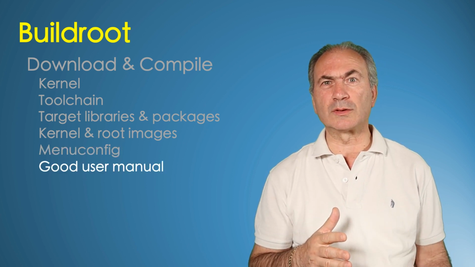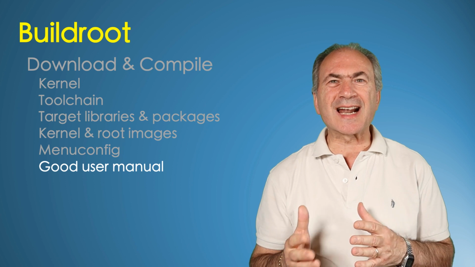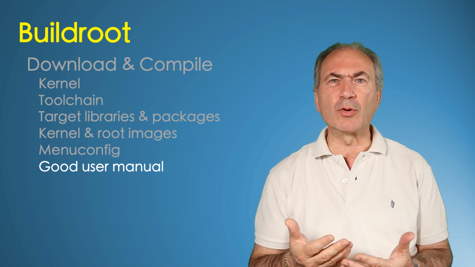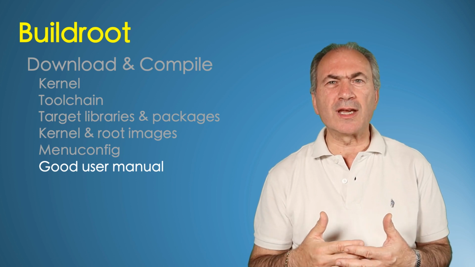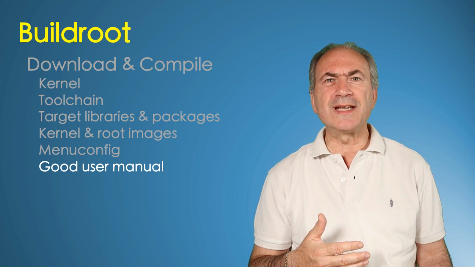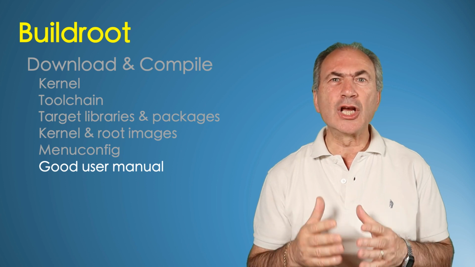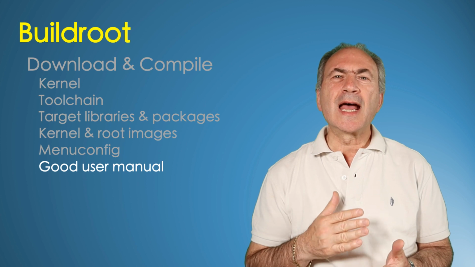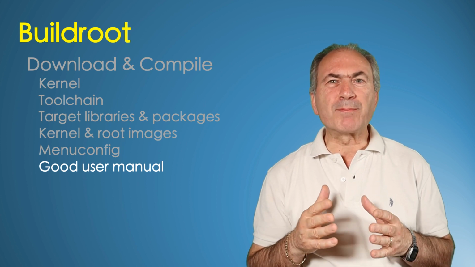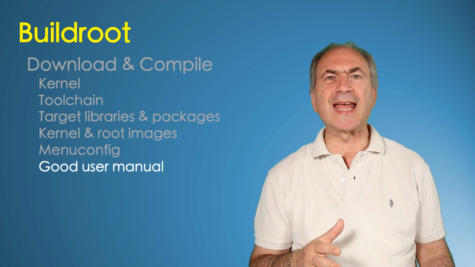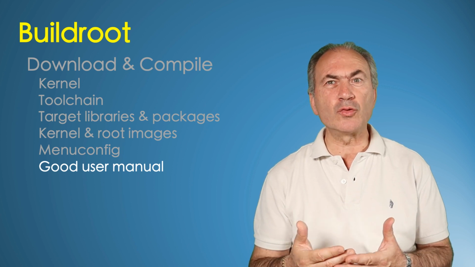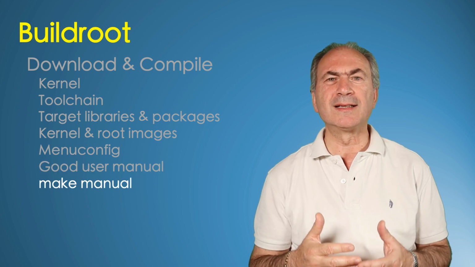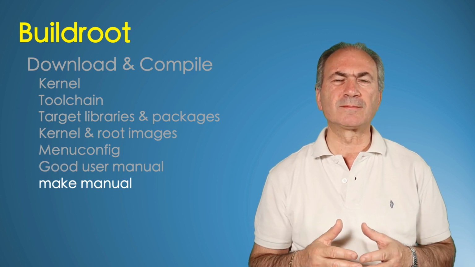It is important to note that between versions there are some differences in the commands available. Some commands available in previous versions have been changed in newer versions, so it is always recommended to look at the manual for the version we are using. Luckily, the manual is a part of Buildroot itself, and the first thing I recommend doing is building the manual using the make manual command inside the Buildroot directory.